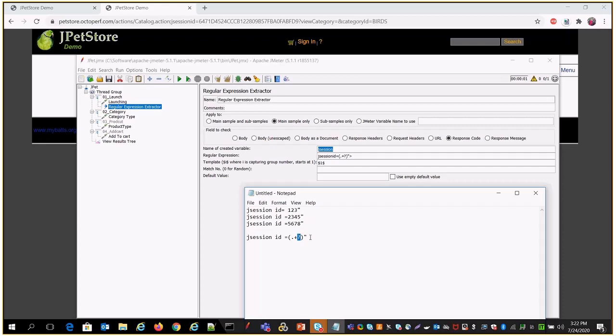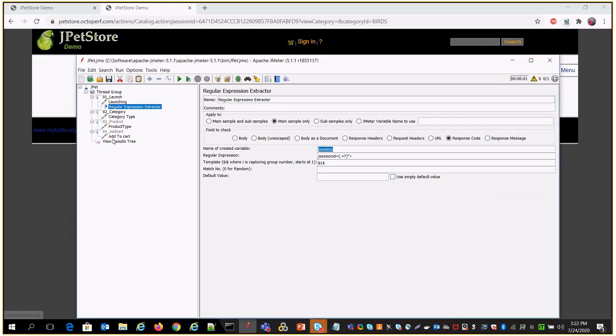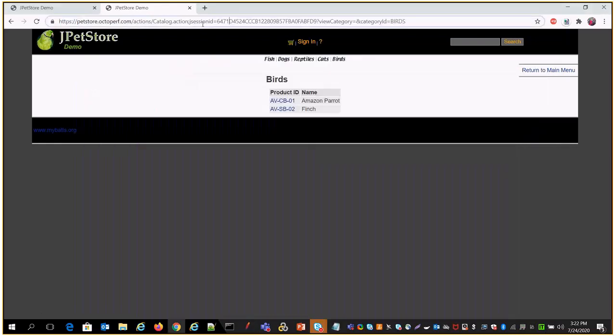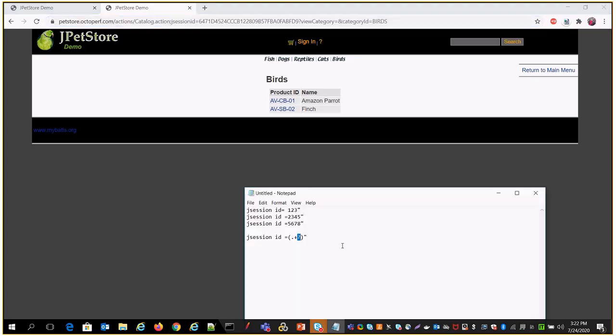So for our case, if you see, that is our URL. I want to capture that value, so I will do Ctrl+C and Ctrl+V again.